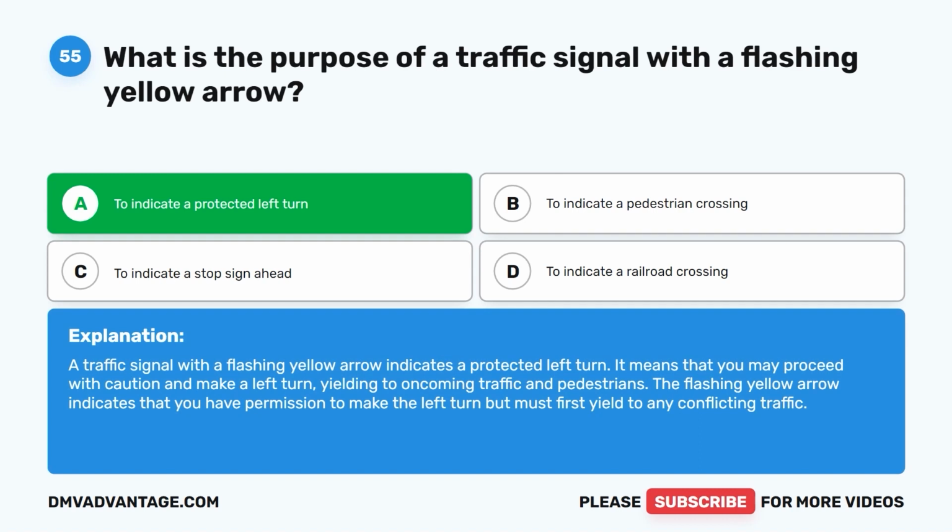A traffic signal with a flashing yellow arrow indicates a protected left turn. It means that you may proceed with caution and make a left turn, yielding to oncoming traffic and pedestrians. The flashing yellow arrow indicates that you have permission to make the left turn, but must first yield to any